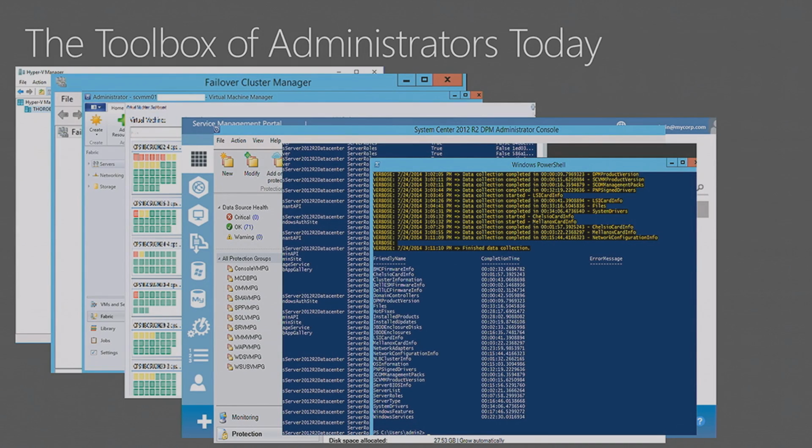It's full of different UIs and APIs, from Hyper-V Manager and Failover Cluster Manager to Virtual Machine Manager, SCOM, DPM, SMA, PowerShell. The list goes on. It's not exactly a very efficient way to do cloud administration.